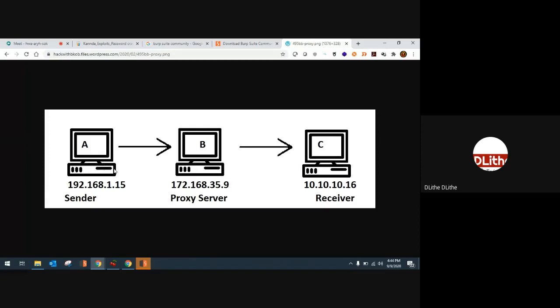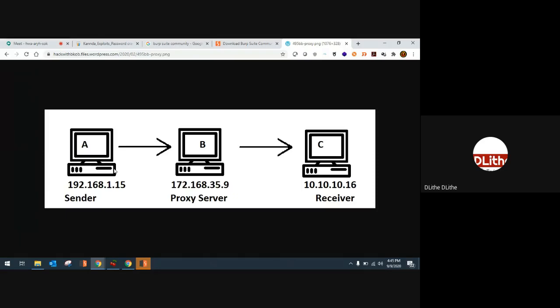There are a few advantages of using a proxy. The reason why people use a proxy, there are two major reasons. One is to hide their identity. As I said, when A sends the data to B and B forwards the data to C, at C's end, when you look at the packet trace, it would portray as if the packet was originally sent by B. So if A has sent some malicious data, C will not know that the packet actually originated from A, because in the logs it would be portrayed as if the packet came from B.